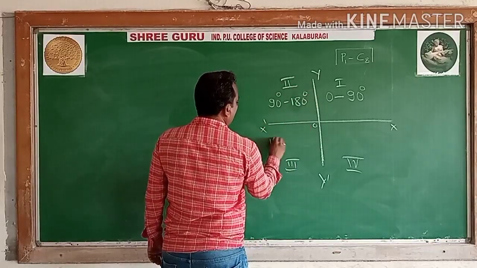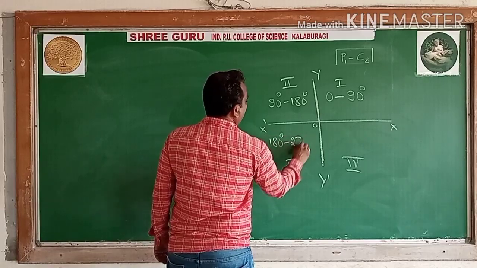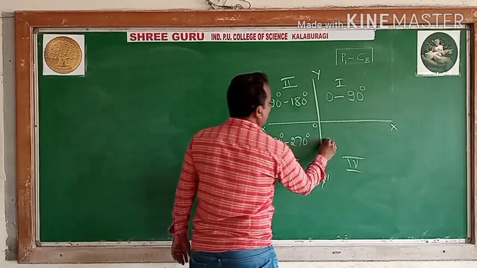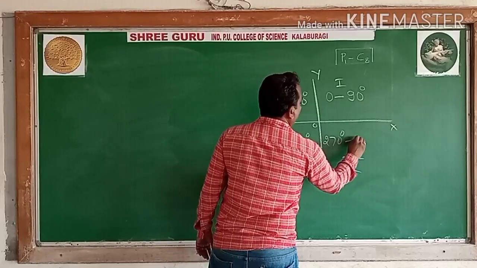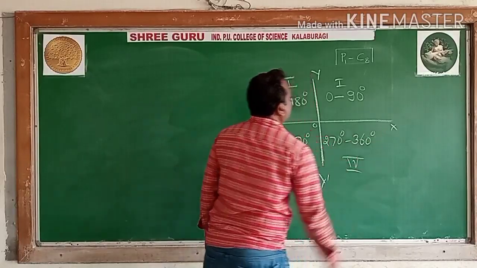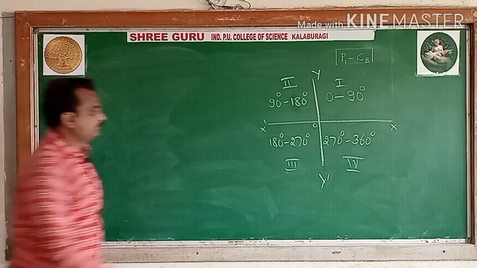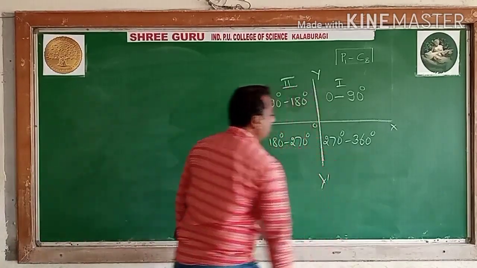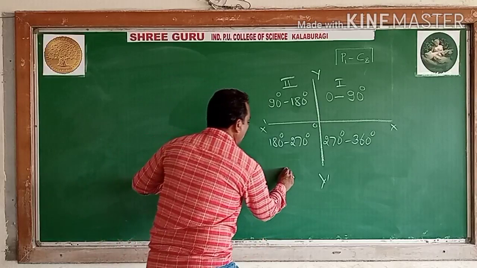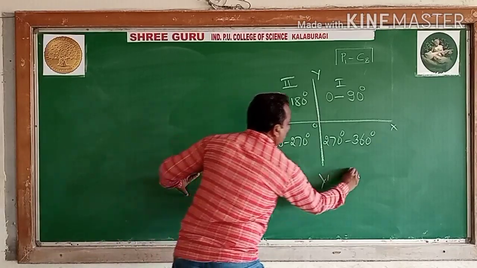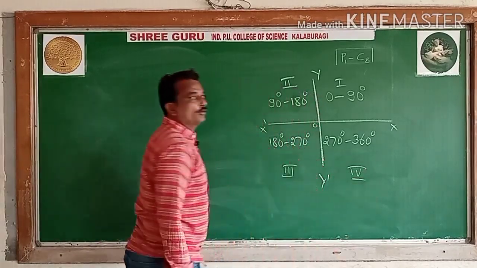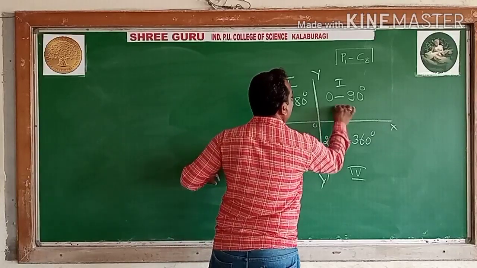In the third quadrant all angles lie between 180 to 270 degrees, and in the fourth quadrant all angles lie between 270 to 360 degrees. After completion of one rotation, second rotation, third rotation, we have discussed some angles. Here all positive,